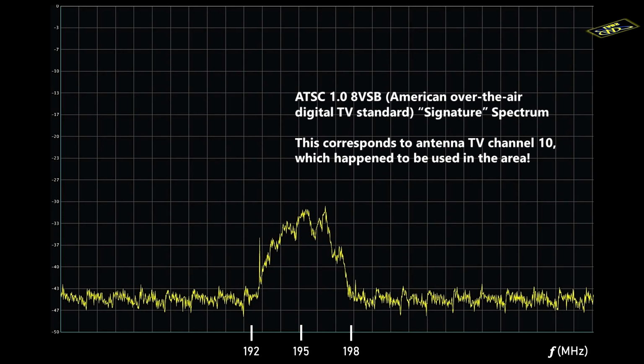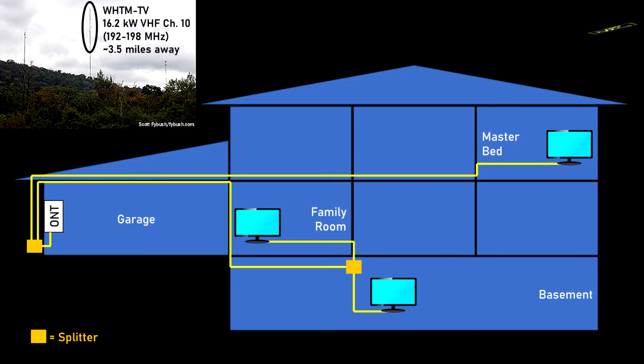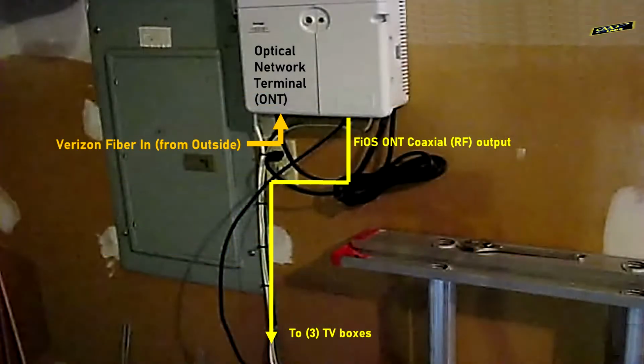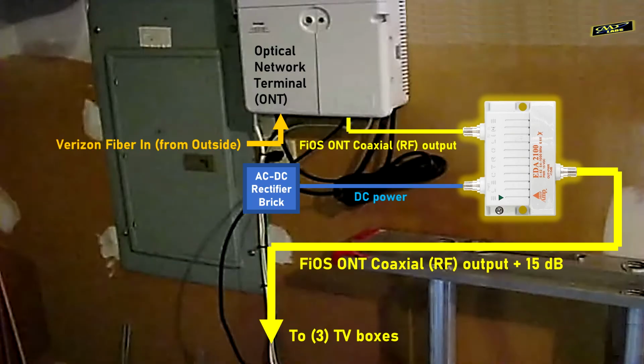What I found was what appeared to be an over-the-air digital TV station there. Sure enough, we were just a few miles from a transmitter, and enough interference was leaking into the line to nuke out the History channel and a few others. So, my quick and easy solution was to put an unused coax amplifier they had in the house just after the output on the ONT. This did resolve the issue.